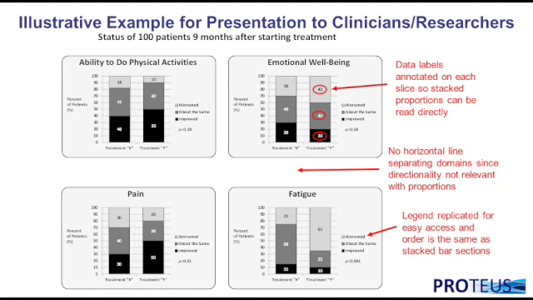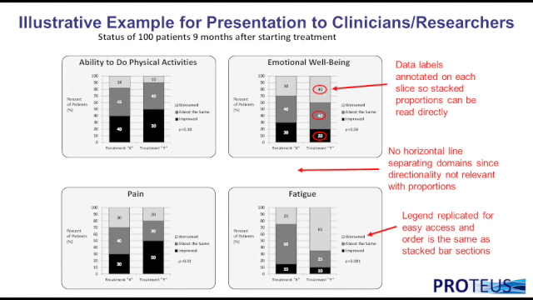As noted previously, stacked bar charts are also appropriate for displaying these data to clinicians and researchers. Note that again, data labels are used to annotate the proportions, and an easily accessible legend is replicated and presented in the same order as the